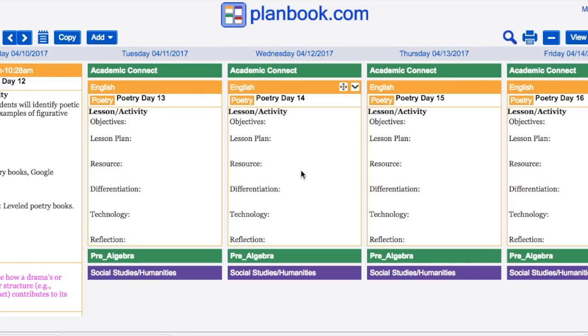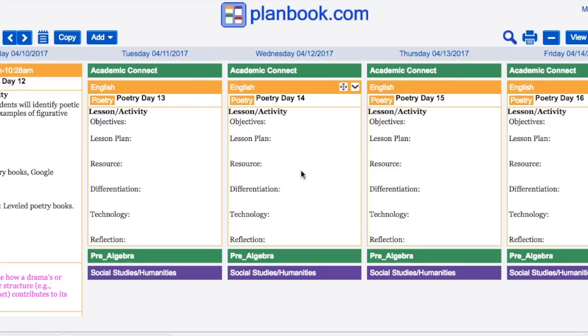Finally, let's look at the last piece of Planbook that really, I think, makes this an efficient planning tool for teachers. Like I said, with our schedule this year, I'm sure most of us struggled with moving units around just because the schedule was so strange. And that was the real limitation of Planboard, is you had to move lessons day by day instead of thinking about, my poetry unit is 16 days or The Giver is a 28-day unit, and moving those as blocks. You had to move each unit and push each lesson day by day by day forward, and it just became